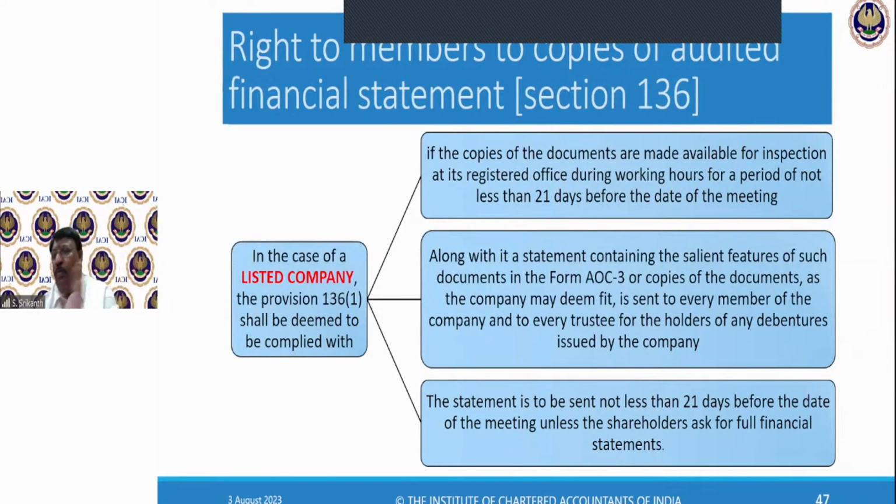So no problem. But physically sending for a listed company, no printing, nothing. They print maximum some sample copies, 100 or 200, but beyond that, everything is PDF, everything is online, downloadable. You can go and verify. Many companies will have it. It is enough if you give them the AOC 3, and by mail, and also tell them where they can come and see or how they can download them instead.